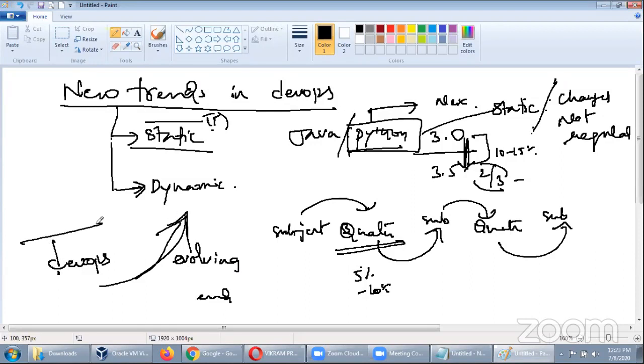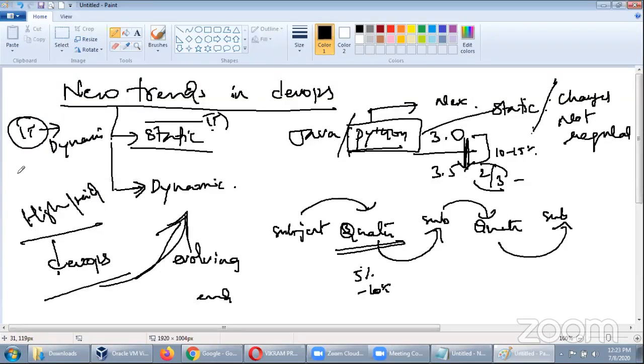That is the reason the people who are working in DevOps get highly paid, guys, because any IT career which has a dynamic challenge will have high pay scales. Any career which is very dynamic in nature generally has high pay scales. Any career which is static in nature has pay scales not equal to dynamic careers.